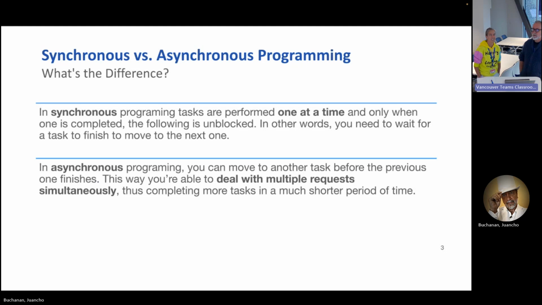It's a word that most English-speaking people probably don't know, let alone people with English as a second language. So it's really important that you understand what these two terms mean. Synchronous means everything is scheduled, and asynchronous means that things are happening in kind of random order. Yeah, like us.